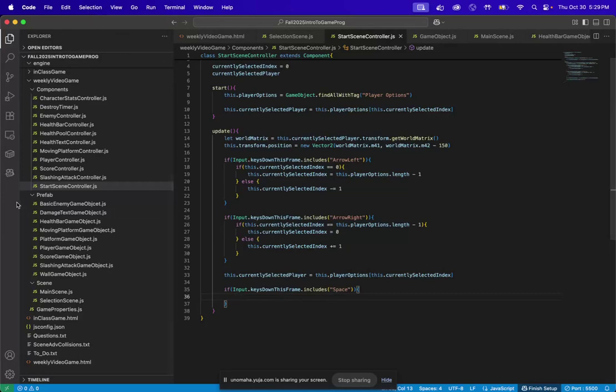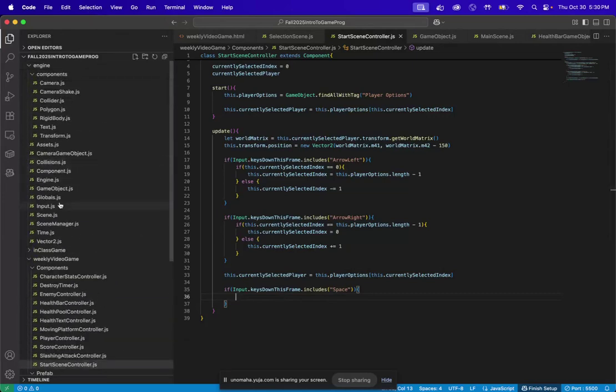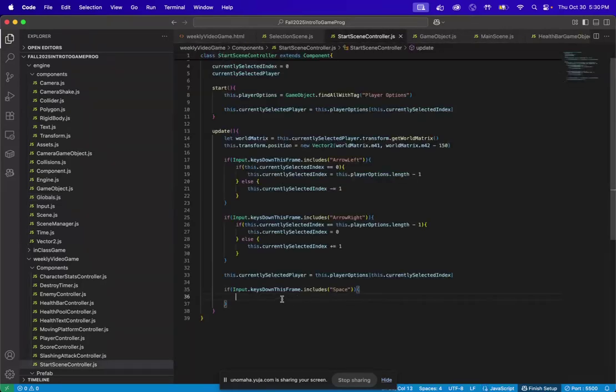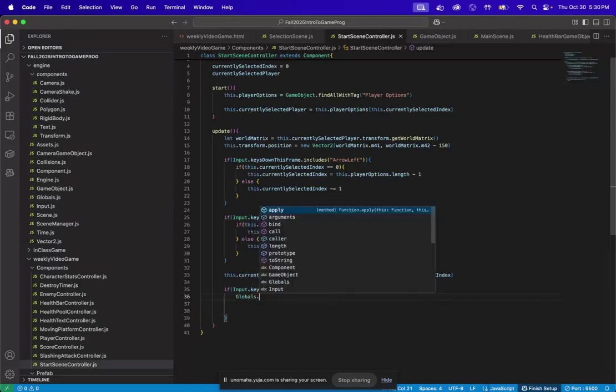But we need to also worry about globals. So now we come into an issue where scene one has information that scene two needs in order to run. So the way we do this is with a globals variable, a globals class really. And all it is is an empty class inside of our engine. So the way we do a variable, for example, is we do globals dot player